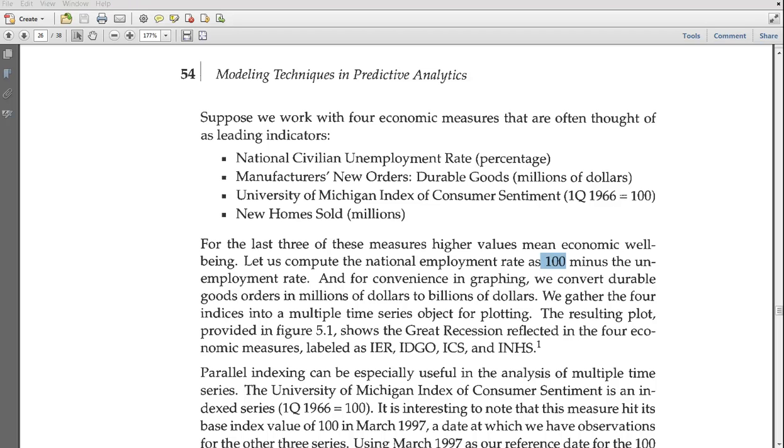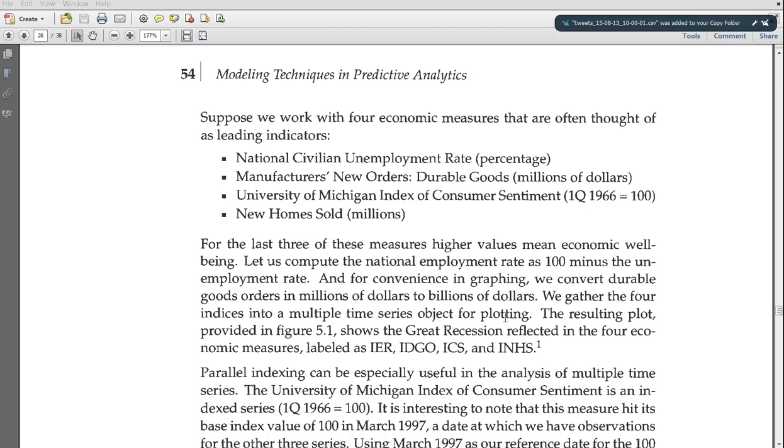So we'll have to create a new variable in R doing that. And next he wants to change durable goods orders, which are in millions of dollars, to billions of dollars. So that means he has to divide by 1,000, which will also have to be done in R.